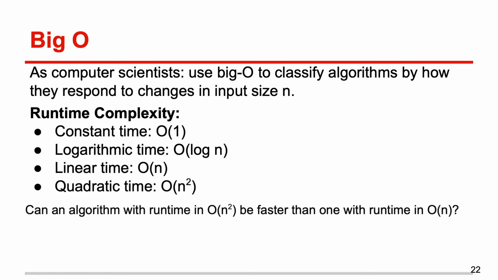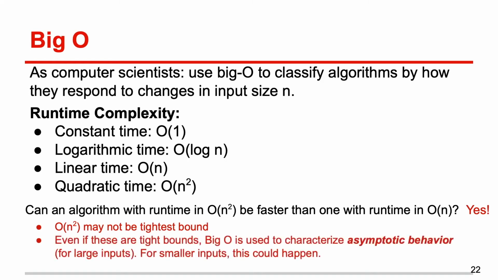And I think this was also a previous test question. Can an algorithm with runtime in O(n) squared be faster than one with runtime in O(n)? I think it's yes. So one thing is that O(n) squared actually might not be the tightest bound for your algorithm. It could be that the runtime is actually, say, log n, but that's still in O(n) squared. And even if these are the tightest bounds,